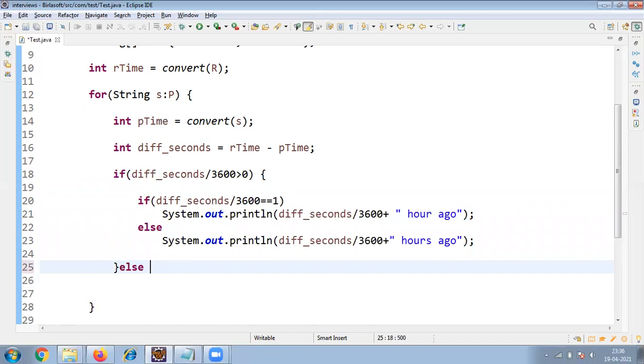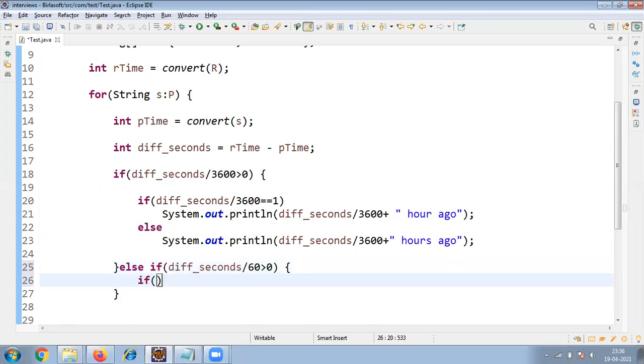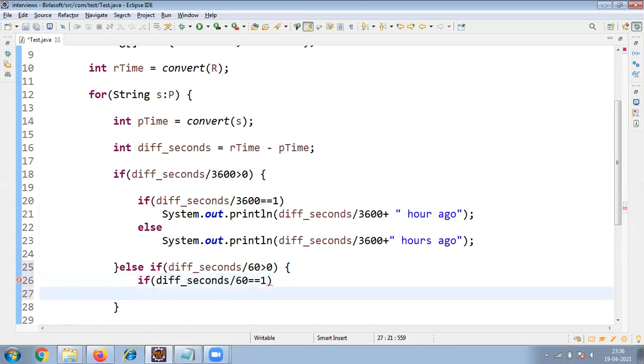That's why I'm going to take an else if condition. Here I'm checking difference_seconds divided by 60, which gives minutes. If this is greater than 0, then if difference_seconds divided by 60 equals 1, the difference is only 1 minute, so System.out.println, then 1 minute.